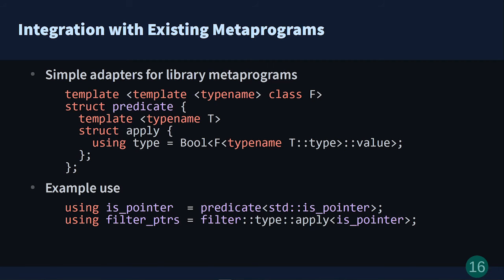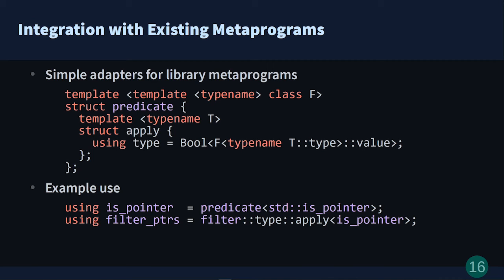And a final example shows how the translated metaprograms might interact with existing code. In this example, we want to use the library function std_isPointer with some filter metaprogram. The problem here is that the filter metaprogram is obtained by applying the translation, and the isPointer metaprogram from the header type traits uses a more direct implementation. This means that these two metaprograms are not immediately compatible. In fact, you will get a compile error if you try to use these.